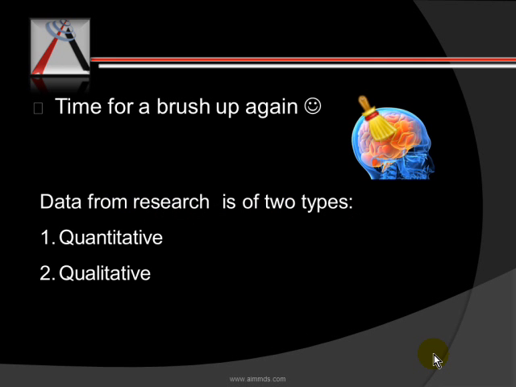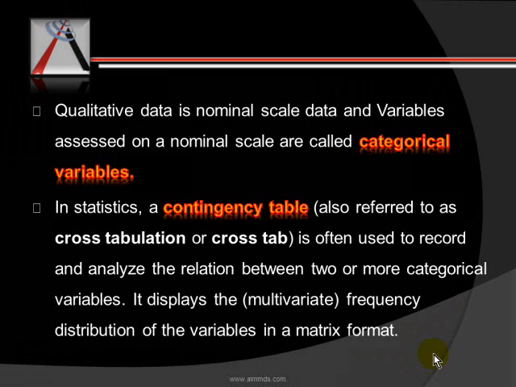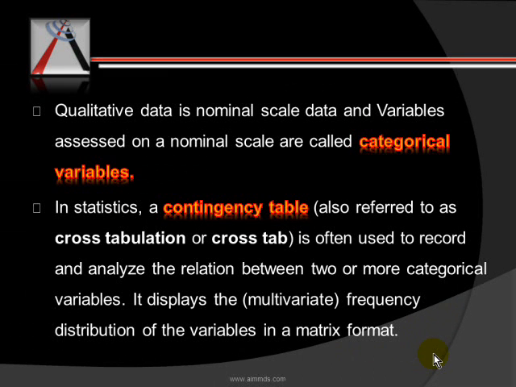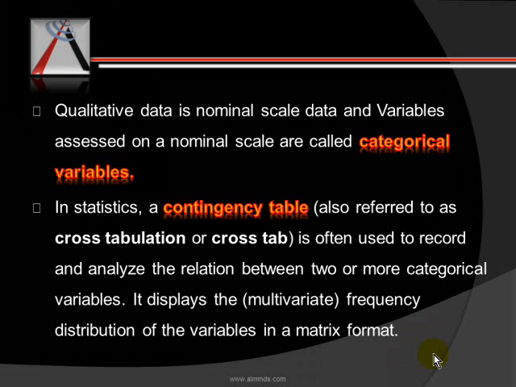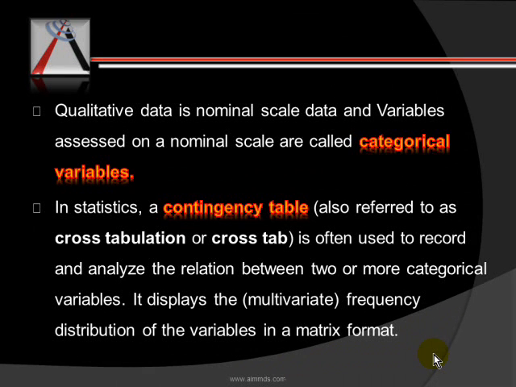Now we know that the data which we gather from a research is of two types, the qualitative data and the quantitative data. If we have the data in qualitative terms, this qualitative data is a nominal scale data and they are called categorical variables. And whenever we have categorical data, we express these data in the form of contingency tables, which are called cross tabulation or cross tab. So we make a table. On one side we write the categories and on the other side we write the frequency. So we get